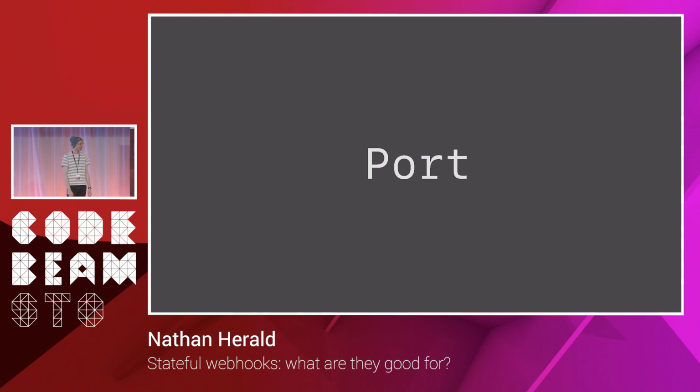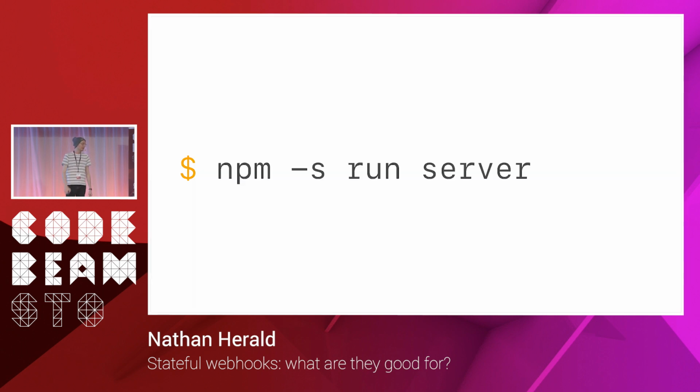A lot of things don't work that way, but that's what you have, and that's how you talk to external processes in a way where you know that if your gen server dies, the process will die. If your process dies, your gen server will die. They're linked together. Either way, I have written some JavaScript to run like a little server, and this is the command I can run in my terminal to boot the server, and I want to run that when the gen server boots, right? That's what I want to do, and this is how you do it.